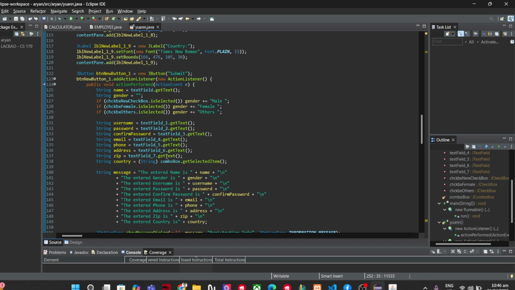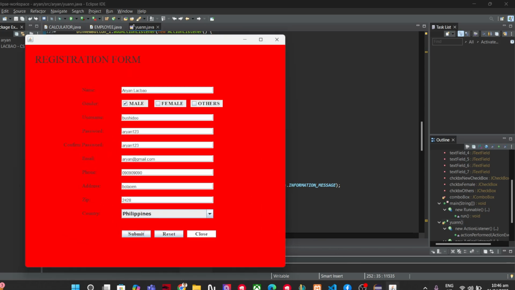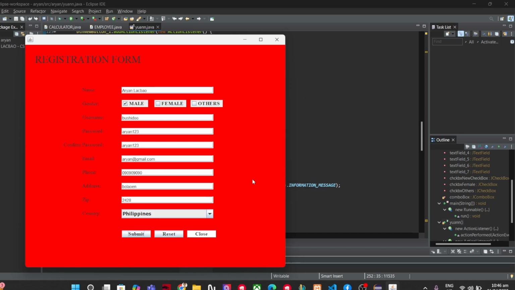If you're typing in the text box, the message when it's submitted should be like this: The entered name is, gender, username, password, confirm password, email, phone, address, and it should be like this.